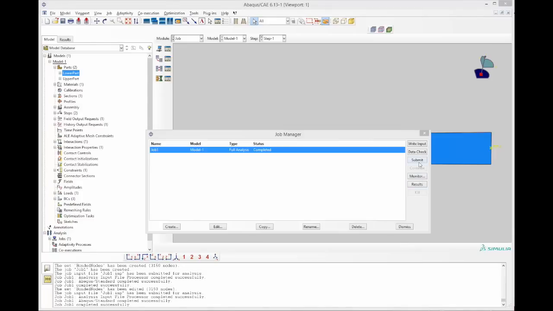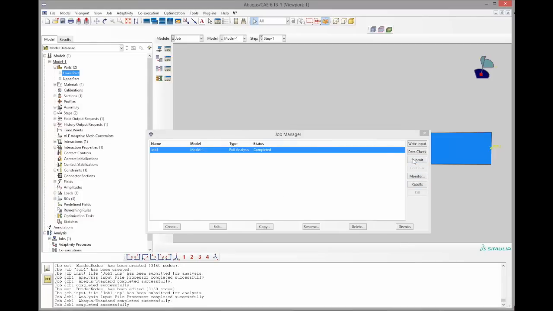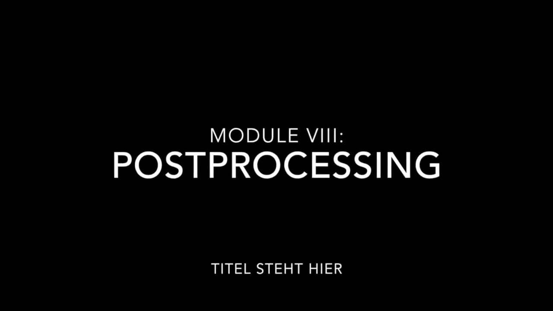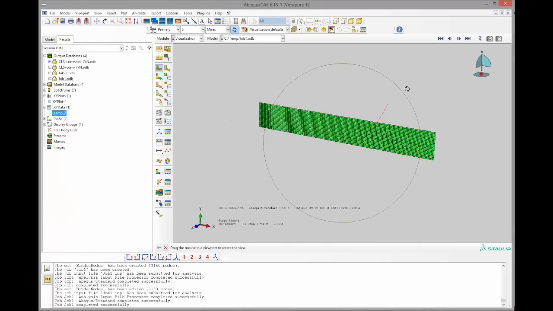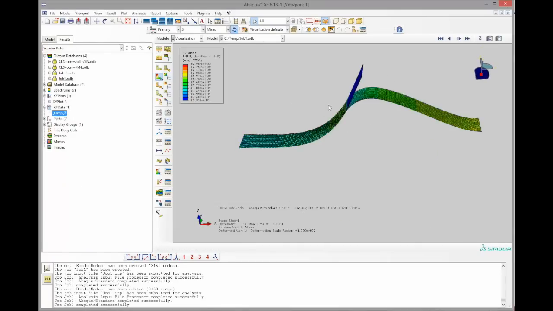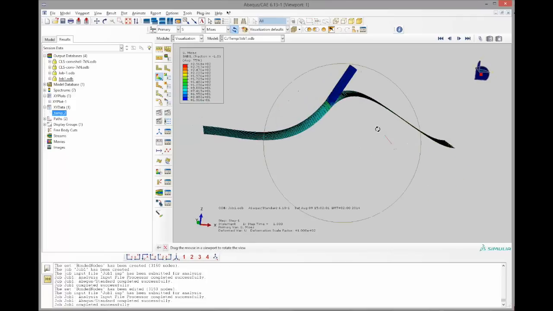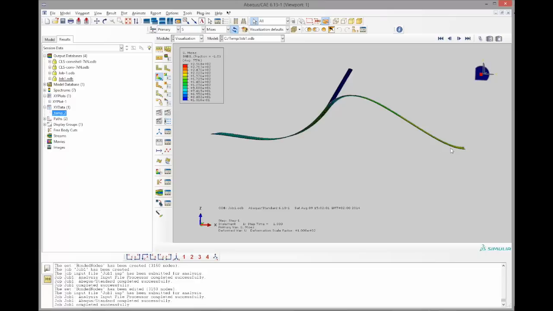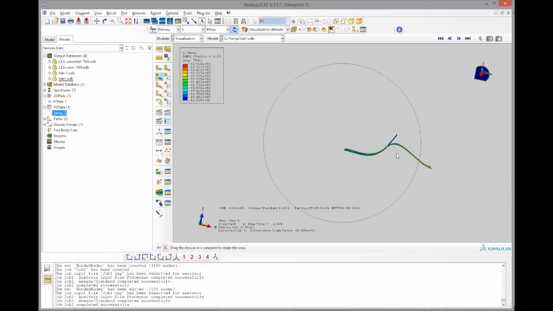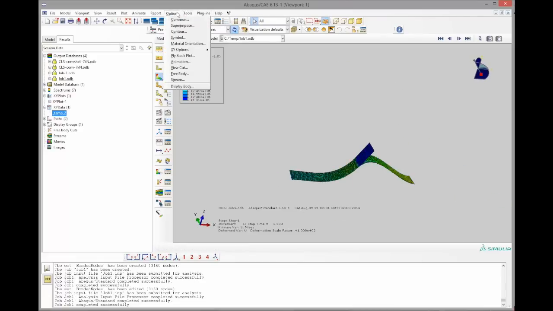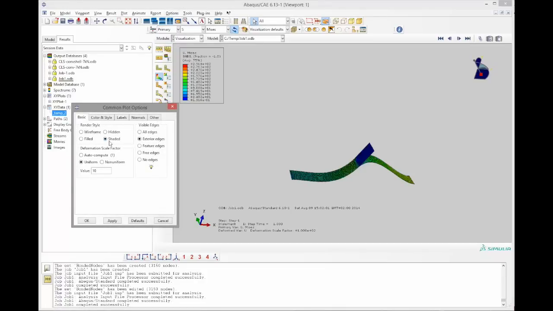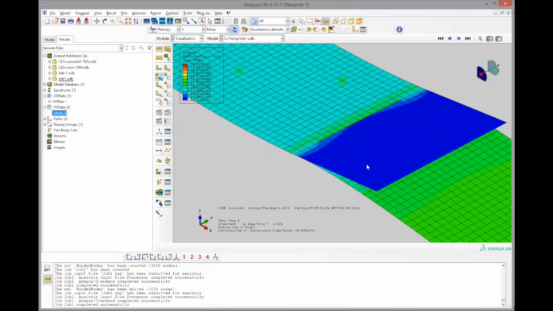Now the simulation is done and we can check the results. First, let's see the deformation plot, which seems valid. You can see on the right side that the rotational degree of freedom around the y-axis has been constrained properly. And the bending moment does its work, as you can see here. Let's reduce the scaling factor to 10 and check the